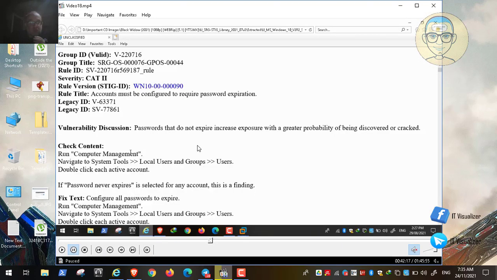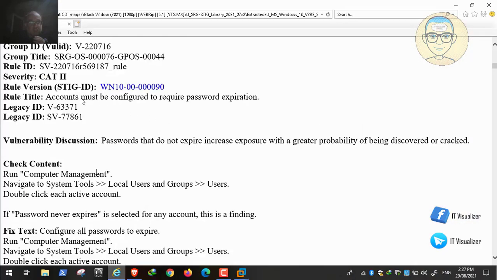The last time we stopped at this recommendation: accounts must be configured to require password expiration. So any local account on a Windows 10 machine should have the option password never expires unchecked. This is for the active accounts. As for the inactive accounts, this will not apply. So let's see our Windows 10 workstation and see if we have any local user on this machine that has the option of password never expires checked. So let's see if this is the case,